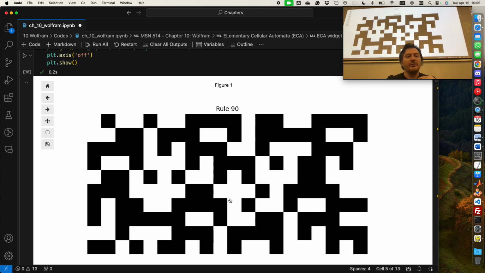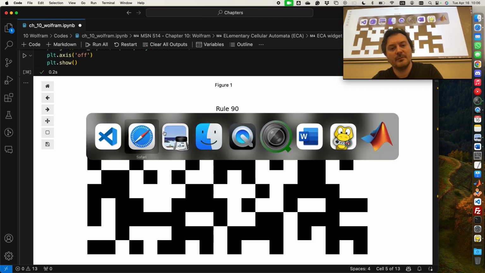So the chaos that rule 90 has is inherited from the initial condition only. Okay? But rule 30 is not like that. In rule 30, you have these mixings.